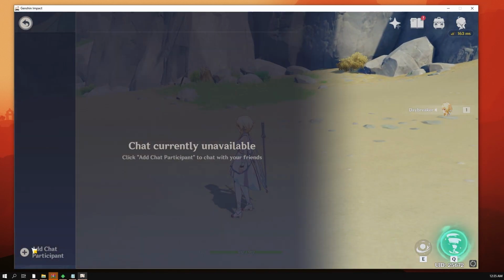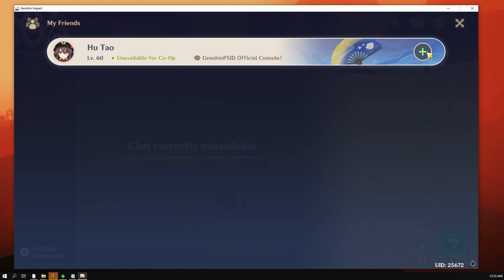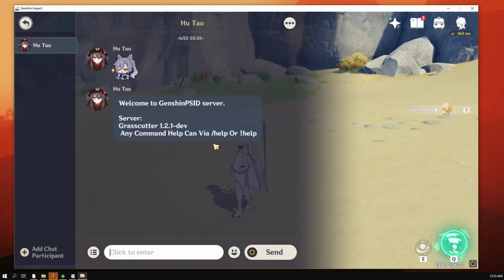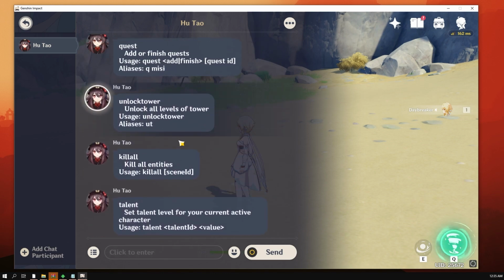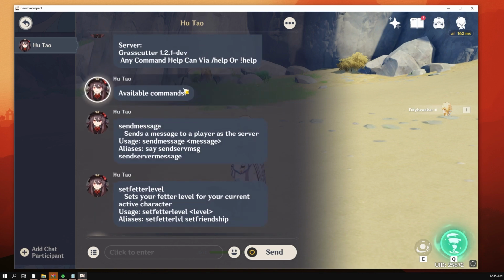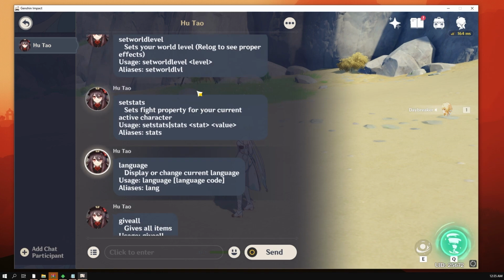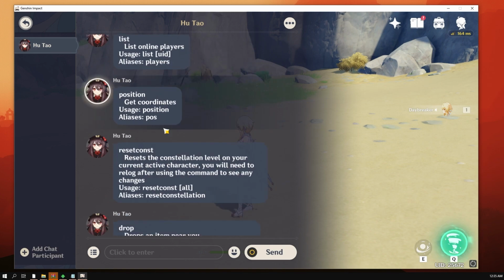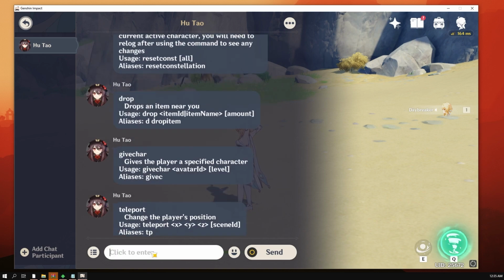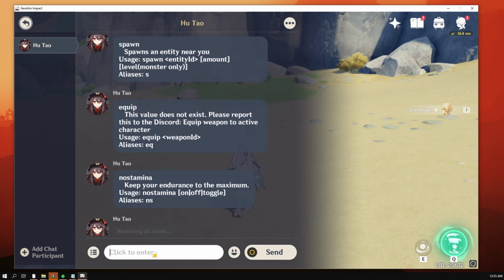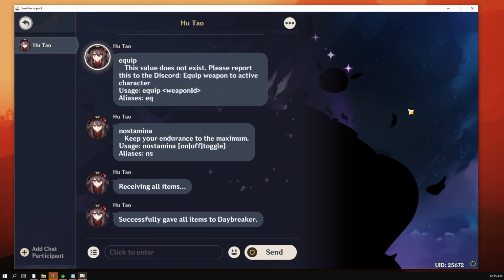I'm going to open the command portal or the chat in this sense, and I'm going to type in /help. It will give you a list of commands that you can use to play on the server. For example, I can type /give all. Now I have received